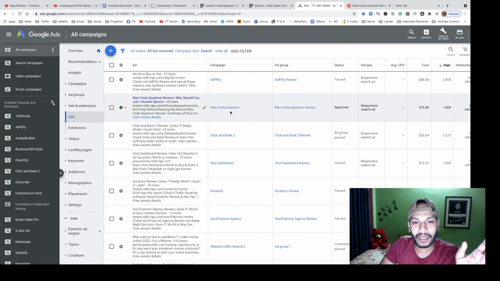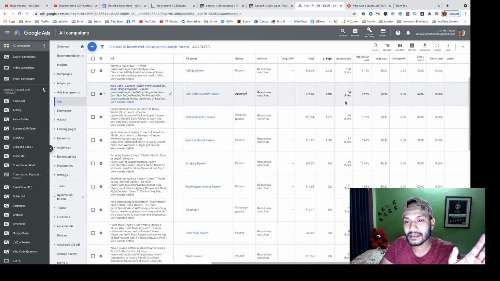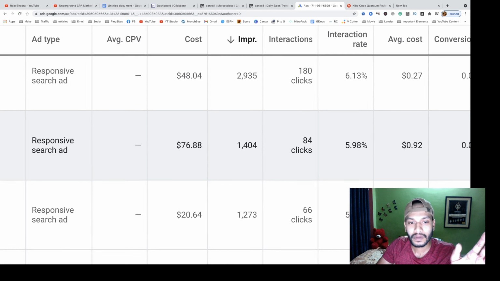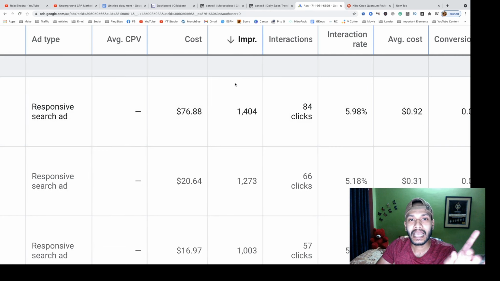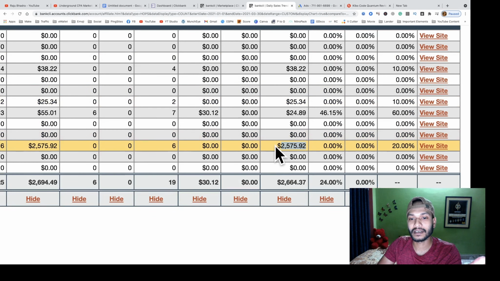You see here is my Kibo code quantum campaign, and I just invested 76 and I got 1404 impressions, and here are the clicks, the interaction rate, the average cost, and here is my result. That's it.